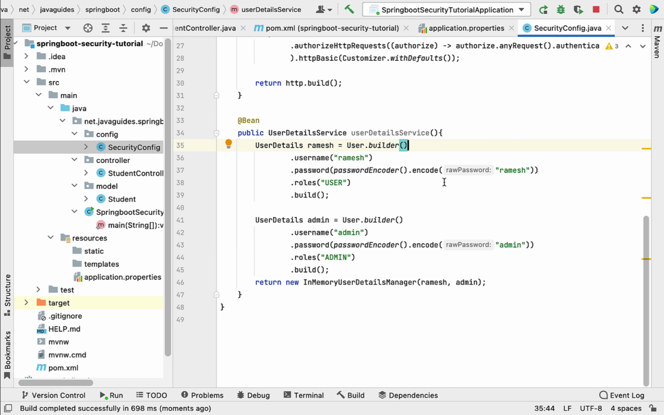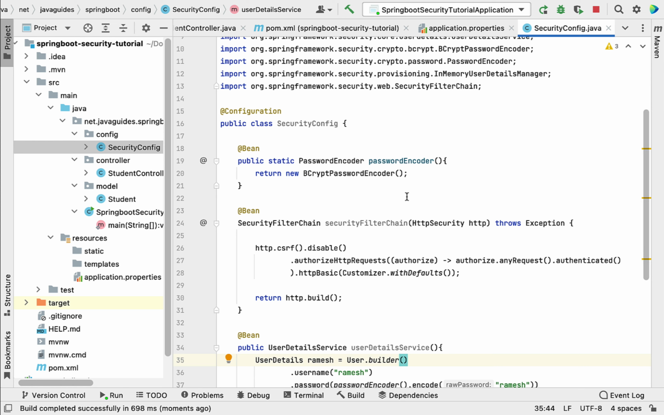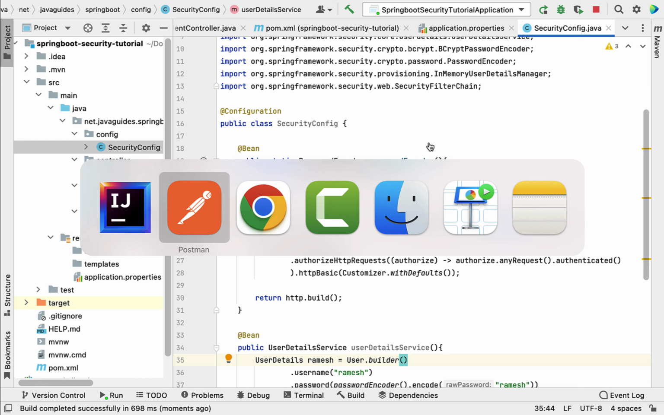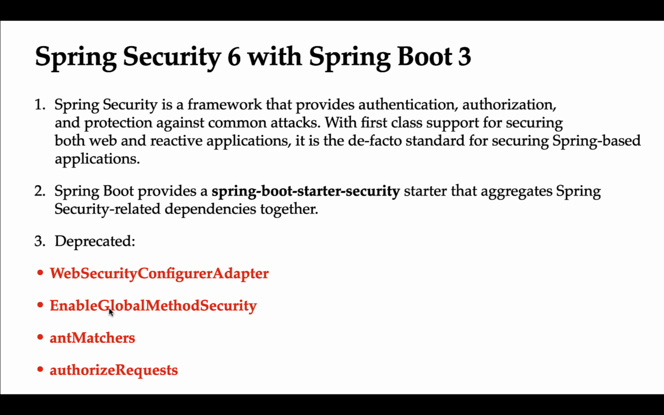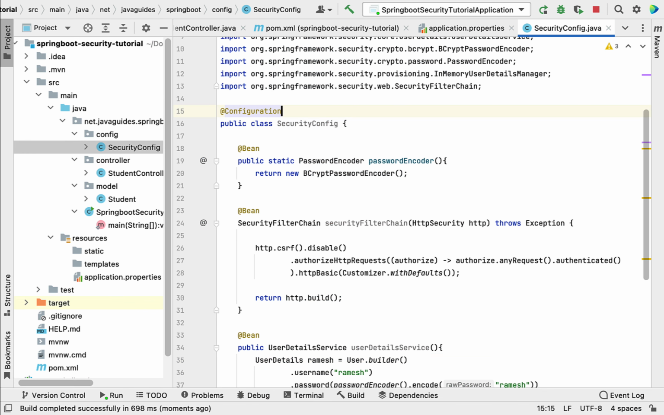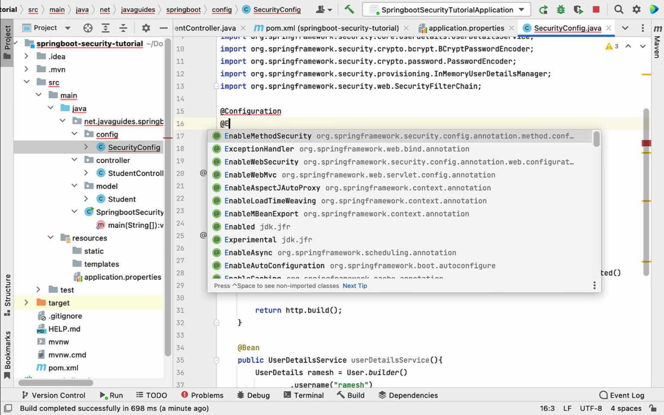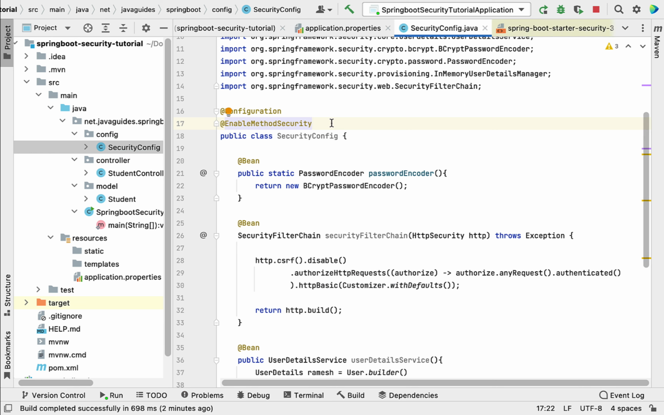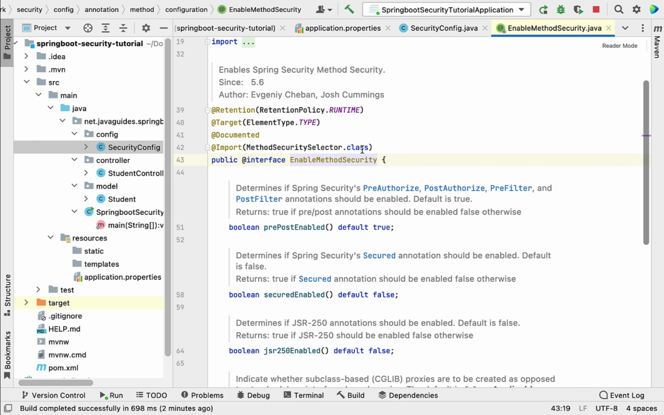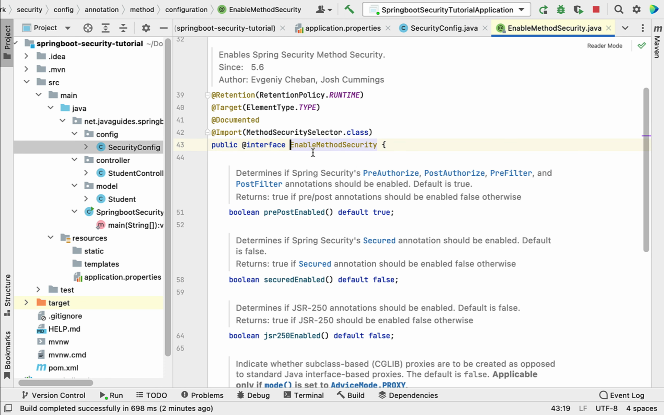Okay, next what we will do, we'll use method level security. Well, earlier we were using the @EnableGlobalMethodSecurity annotation to provide the method level security, but this annotation is deprecated, and Spring Security 6 provides a new annotation, that is the @EnableMethodSecurity annotation. Well, remember, from Spring Security 6 onwards we have to use the @EnableMethodSecurity annotation to provide method level security. And next, if you go inside this annotation, if you can notice here, by default it enables pre-authorize, post-authorize, pre-filter and post-filter